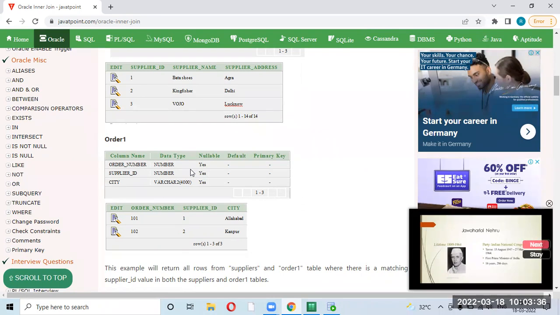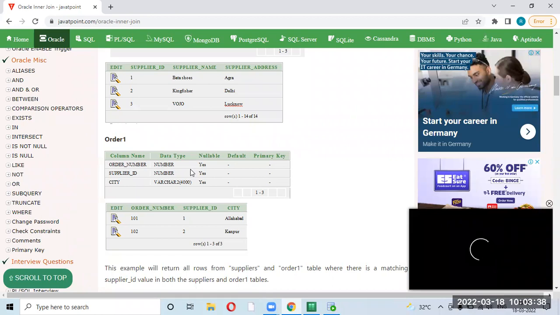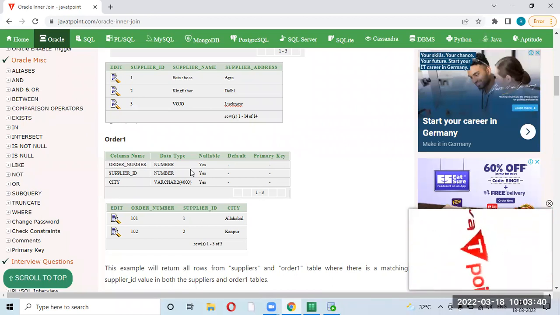Here there is no concept of duplicate or unique, because you are not merging records, you are merging columns here. You understood the difference, right? There you were merging records, here you are merging columns.